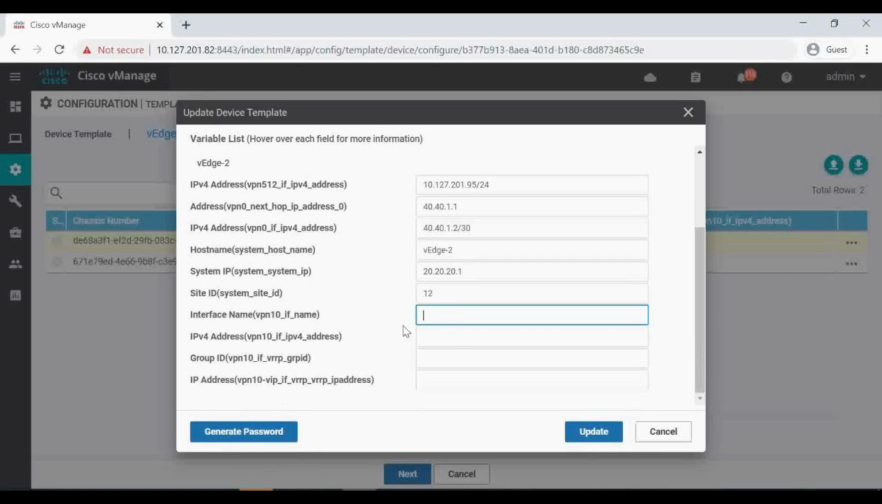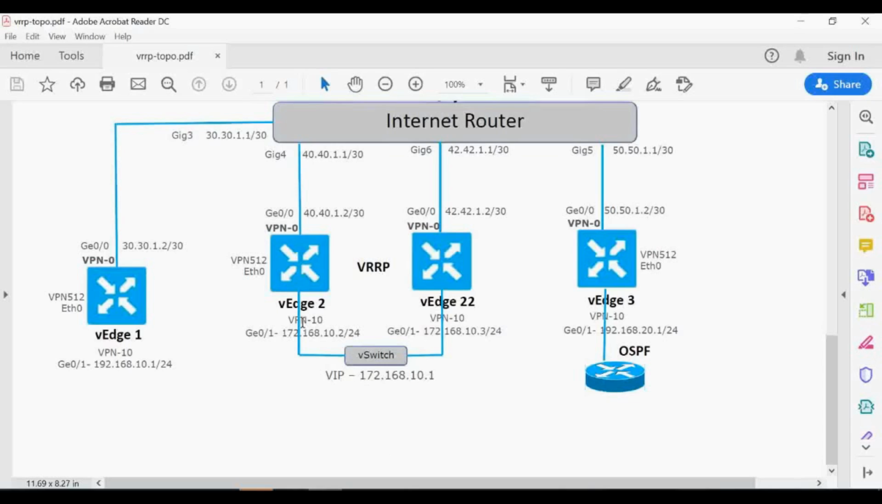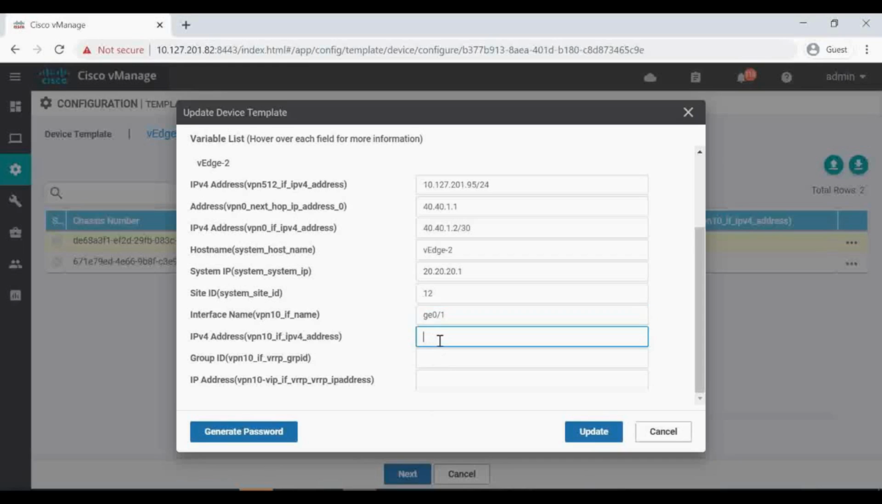There are a few entries already there, taken from the previous template. Now we have to give the interface name for VPN 10. I always use Gi0/1, and we can check that in the topology also. Gi0/1, and you can see for VH2 the IP address for VPN 10 is 172.168.10.2/24, and the group ID I will give 10,